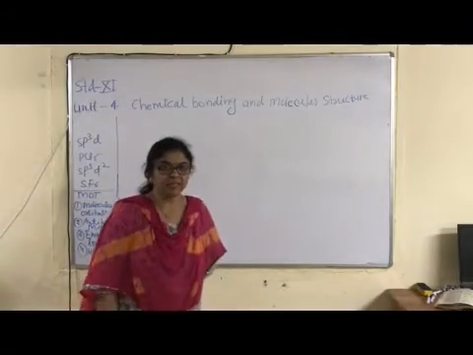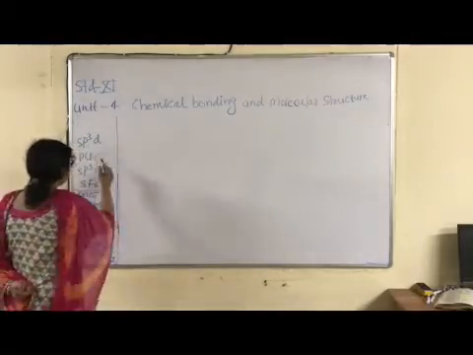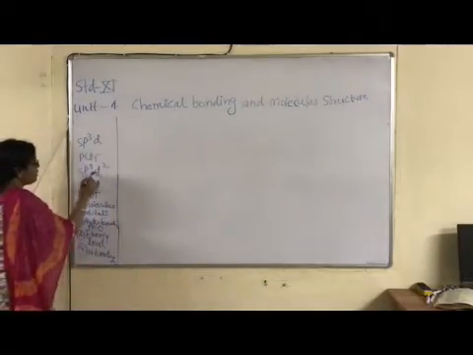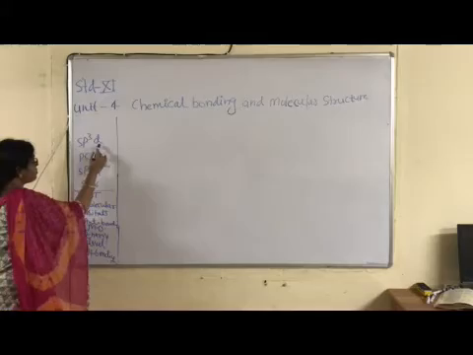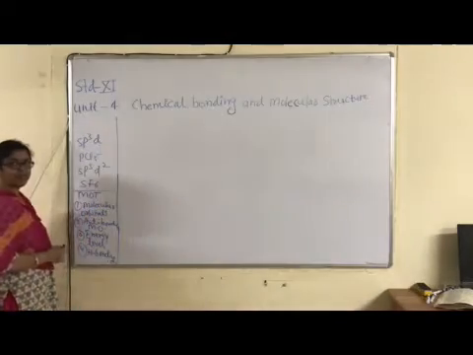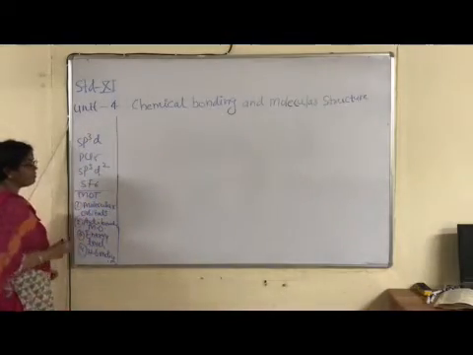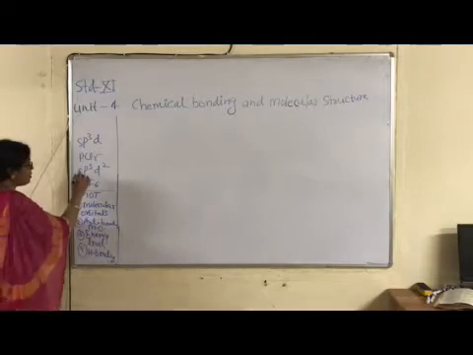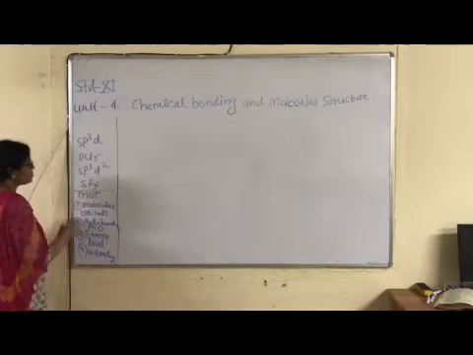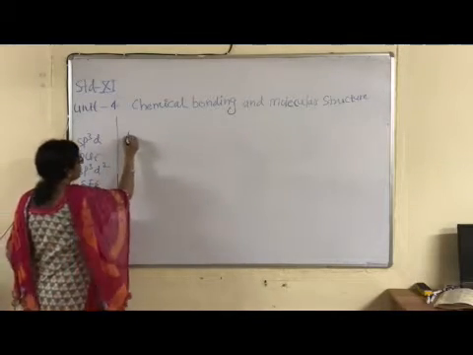Now children, remaining two hybridizations: sp3d and sp3d2. For sp3d, how many atoms are required? 5, which are present in PCl5. And for sp3d2, SF6, right? Phosphorus